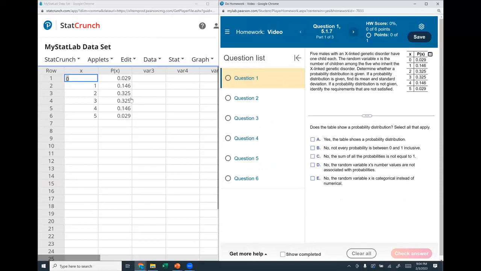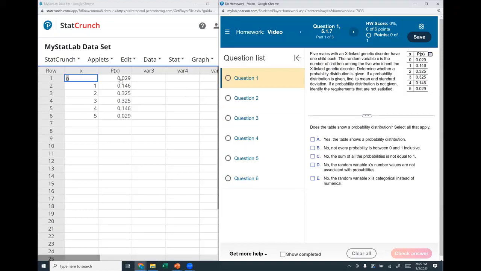So here's my values. And first thing I want to know is, well, first, we can look at a couple different things. Are all my X's numeric? Yes, they are. So number 1. Number 2, we're going to have to figure that out in a minute. Number 3, are all my probabilities between 0 and 1? And yes, we can see that all the probabilities are between 0 and 1. The one we need to really figure out is,